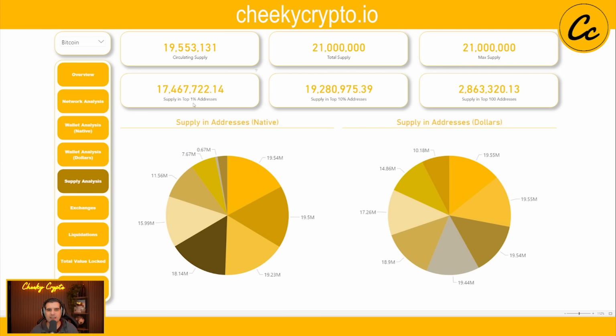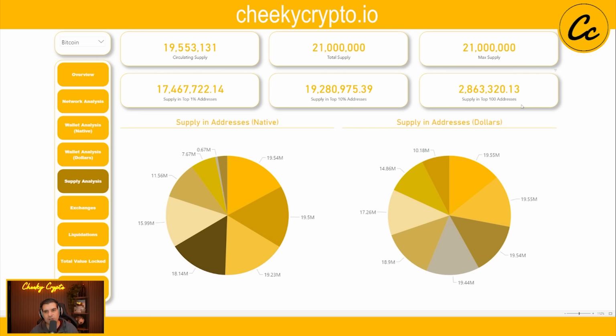17.4% sits in supplies of 1% of addresses. Now, this is obviously really obvious. This is really bad, but yeah, it's obvious because we have 50.6 million addresses and very few addresses actually hold Bitcoin. So yeah, it's no surprise that 17.4 million sit in 1% of addresses. Ultimately, pretty much all of the supply sits in 10% of the addresses, which you know because we already went through that from a different point of view.